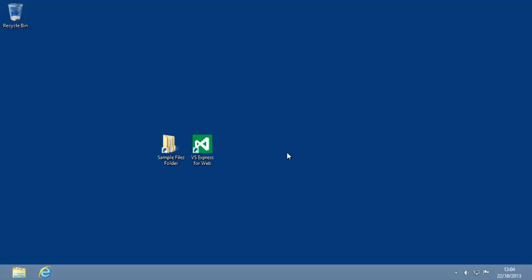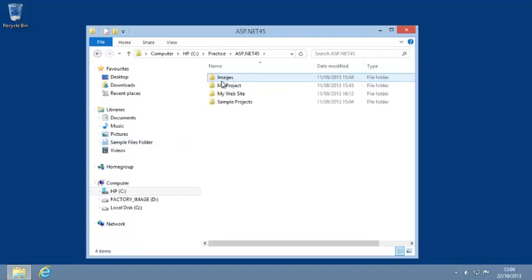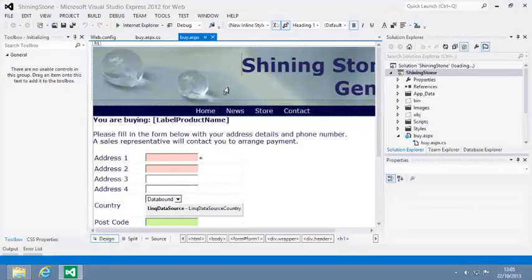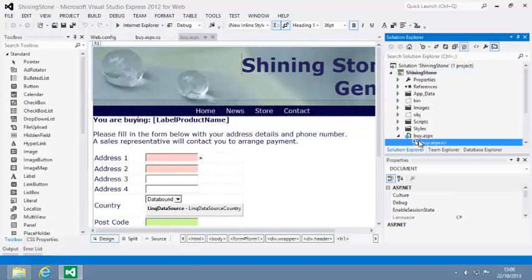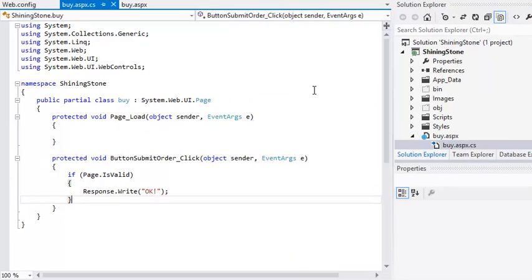To begin, open the Shining Stone sample file from your Sample Files folder, and open the code behind file of by.aspx. Now you're going to type something to bring up the Intellisense menu. Add a new line at the end of the button Submit Order Click event handler